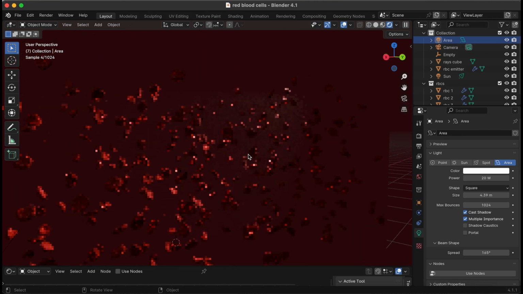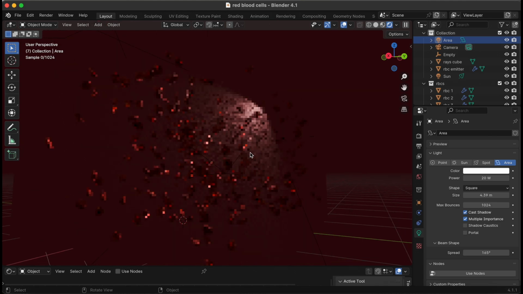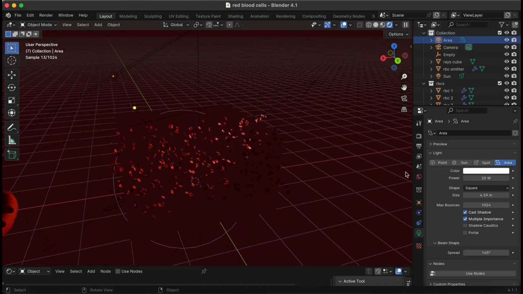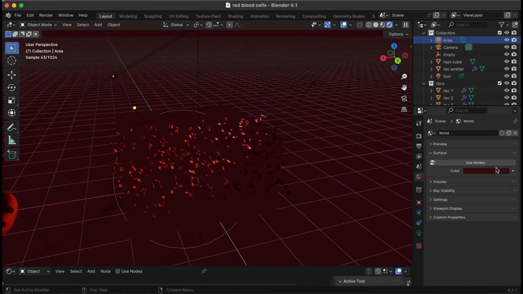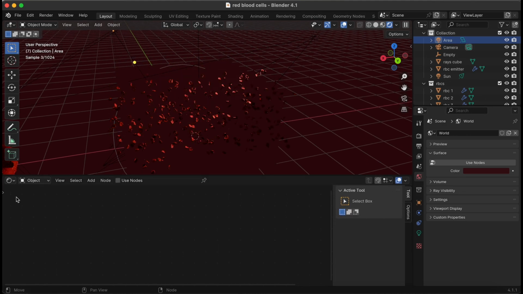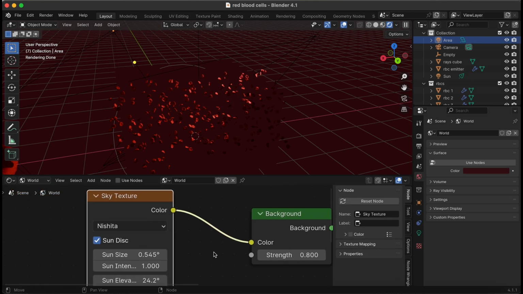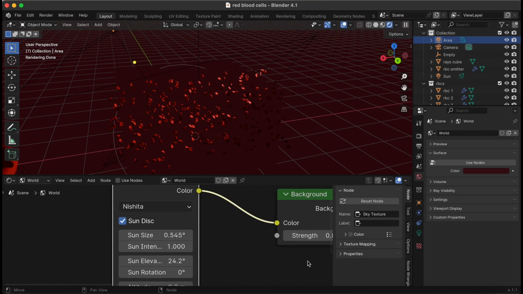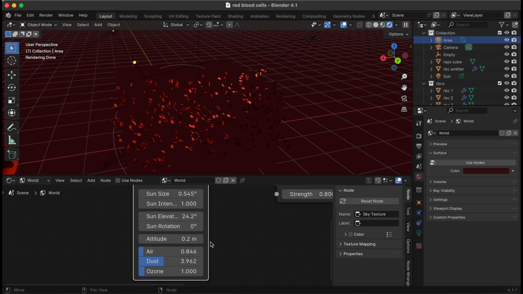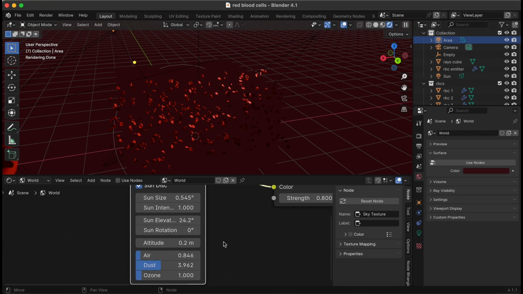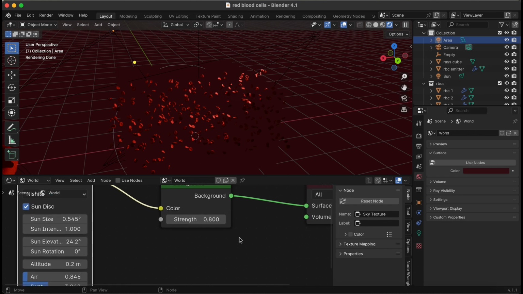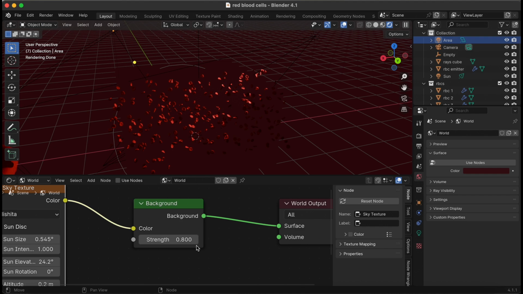I set up the camera to a view that I like, and then I ended up adding a world environment, added this deep red color, then used the geometry shader nodes as well, and added a sky texture with Nishita as the sky type, and these settings right here, which you can copy if you like, and the background color strength of 0.8.